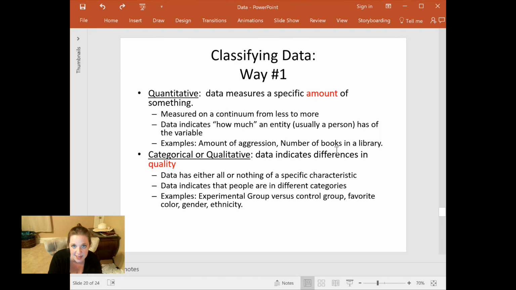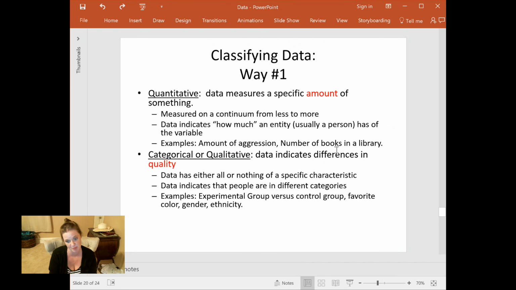It's a quantitative variable because I have more than a lot of people, but I only have 1 car. Some people have a lot more cars than that. Or I only own 1 spatula. Some people own lots of spatulas. I own 2 pans. Some people own way more pans than I do, right? The amount of depression that a person might have, more versus less. The number of children people might have, more versus less.